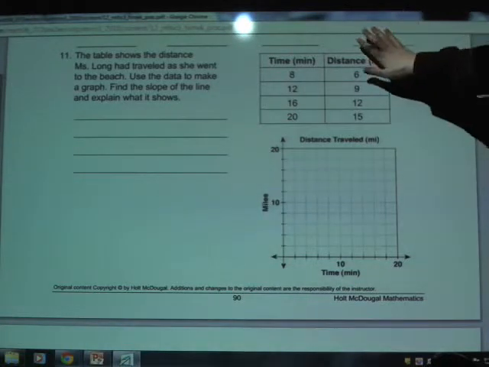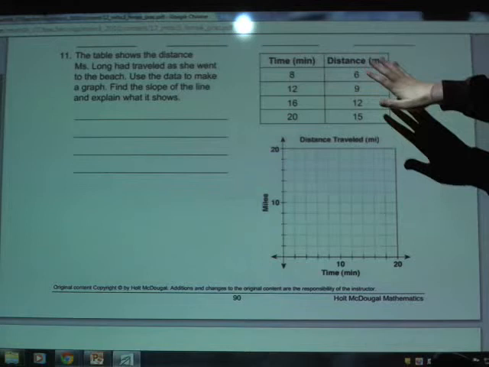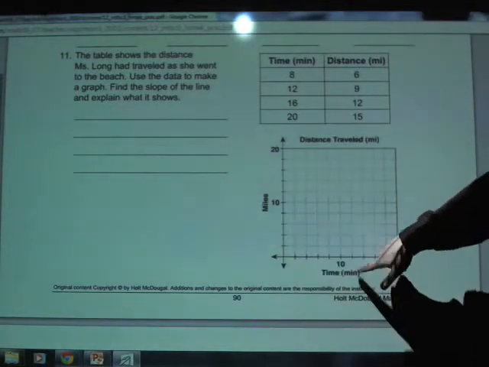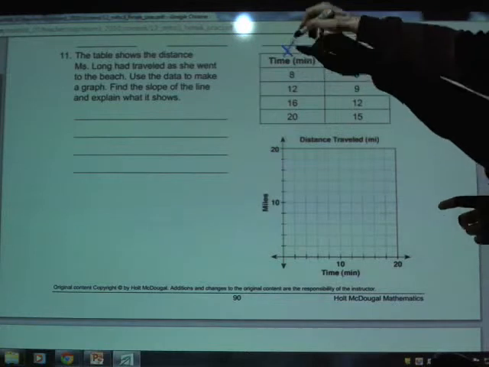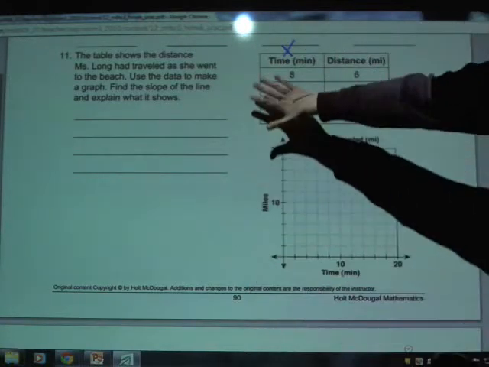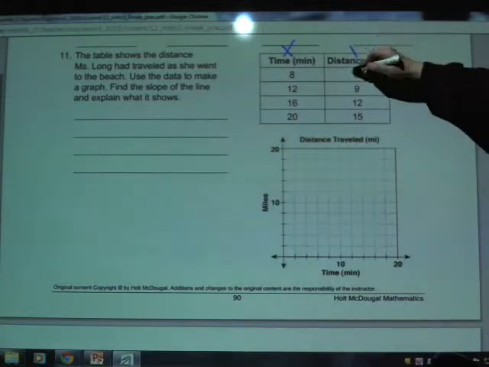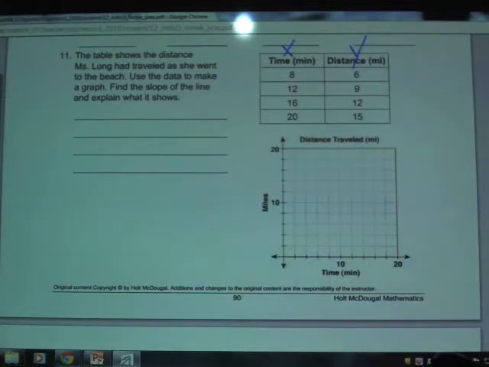Now, the problem is this table is not x's and y's, but as you can see down here, they did change our x-axis into reading time. So these are going to be my x values. And they changed the y distance here, the y-axis into miles. So here I'm going to change those into y's. All right, so I'm going to go ahead and graph my points, my times, and my distances on the coordinate